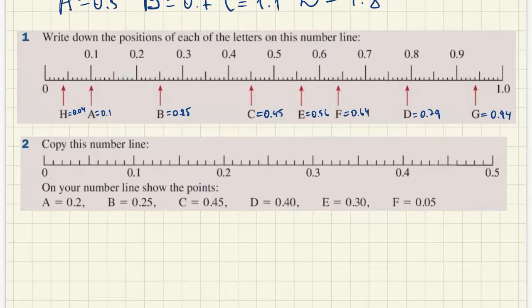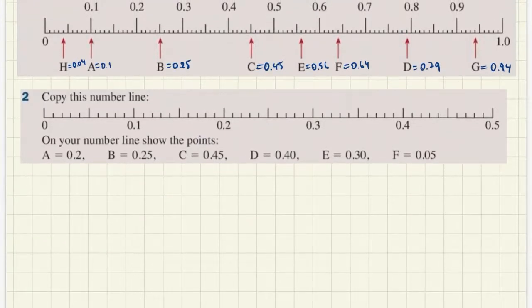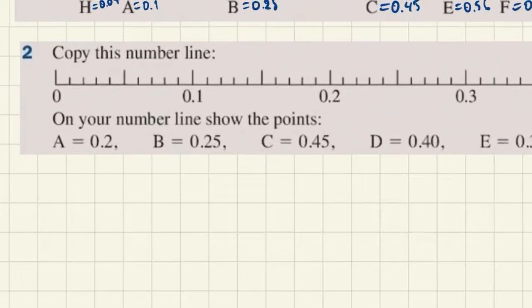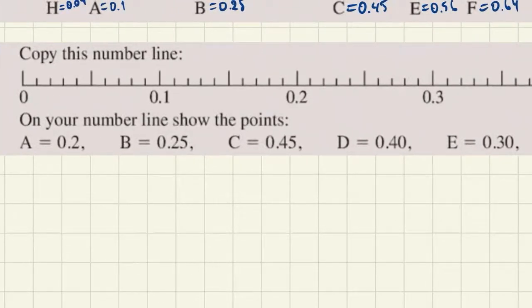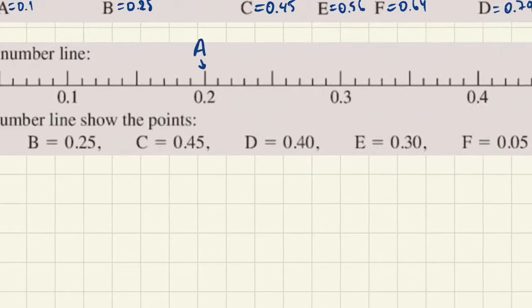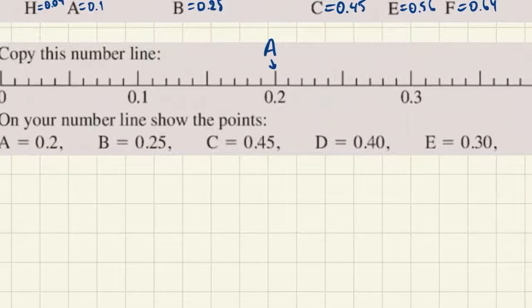Copy this number line. On your number line, show the points. A is 0.2. So 0.2, we already see that it's right here. This is our A, 0.2. B is 0.25. So again, as I told you, if there is 5, it's right in the middle between 2 and 3. And you can see it like this: 0.21, 0.22, 0.23, 0.24, 0.25. So B is